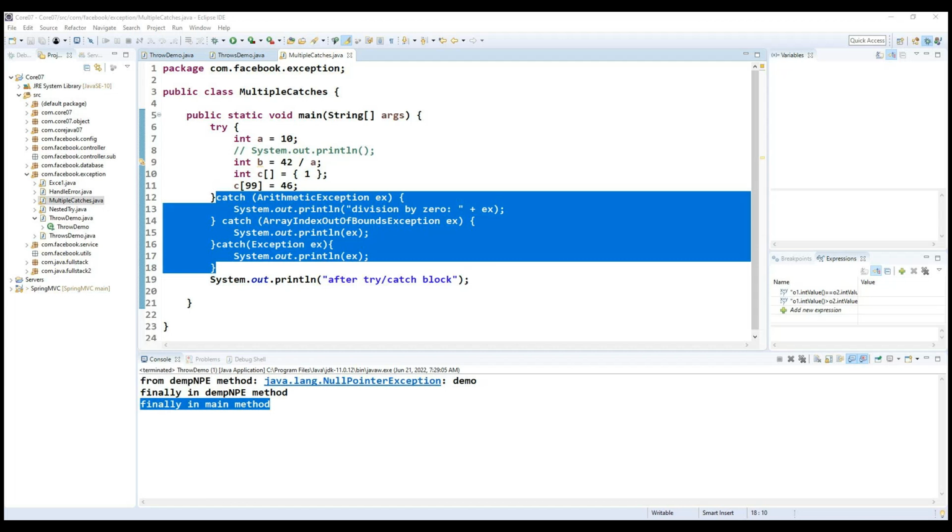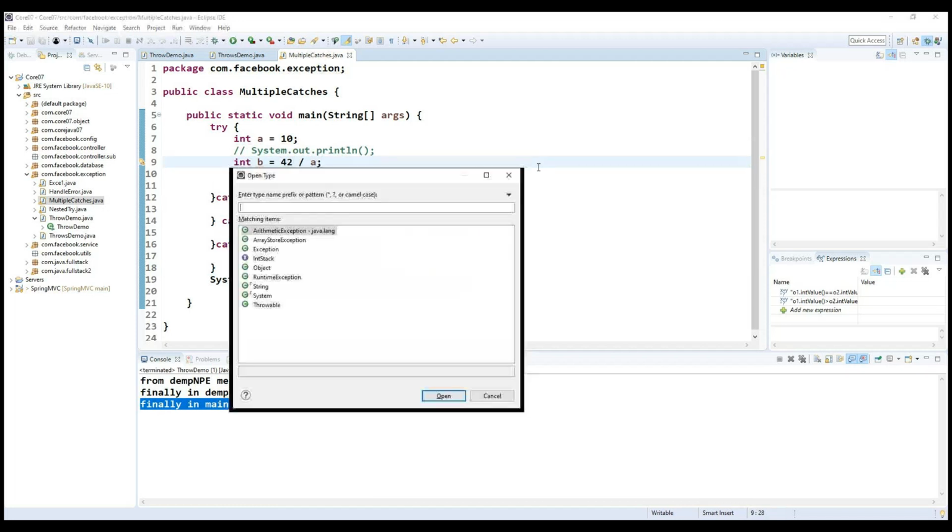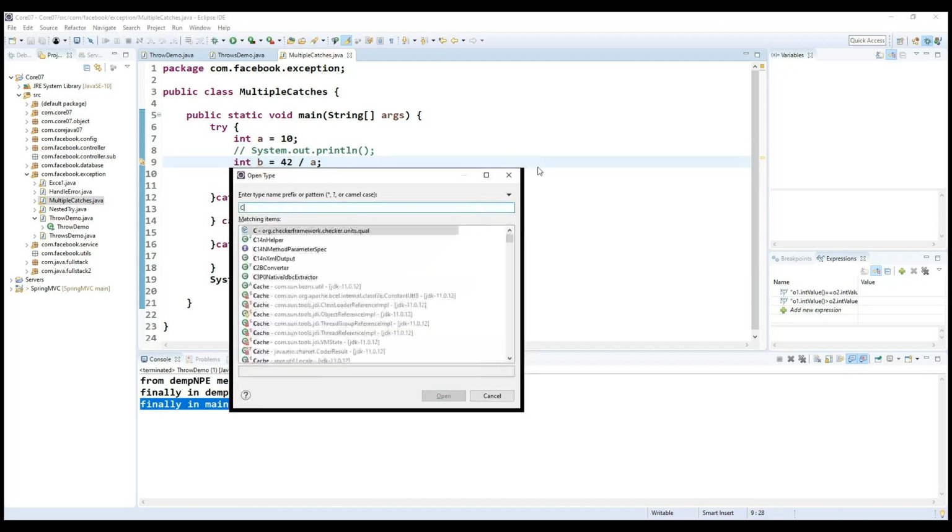Okay. So now we need to understand some of the built-in exceptions basically. What are all the built-in exceptions we have? Here we identified ArithmeticException, ArrayIndexOutOfBoundsException, and ClassCastException basically. ClassCastException basically will give the exception whenever we are trying to convert one data type into another data type here. So if I'm going to provide the ClassCastException,